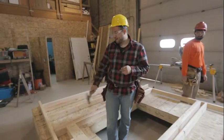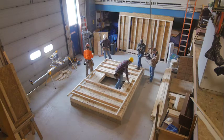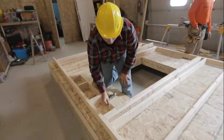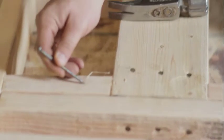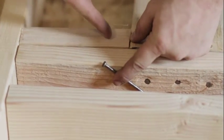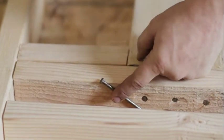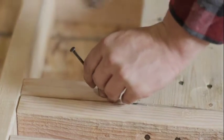All right, so we have our cripples in place now, nailed from the top. So the last thing that we need to do is attach them to our header. So what we're gonna do with that is called toe nailing. And what toe nailing is, taking a nail, coming in the edge here, and going at an angle. You can kind of see maybe right here. By the time we get done, we'll drive it through at an angle through here, and then it'll get the meat of the header. So what we're gonna do is start our nail here,